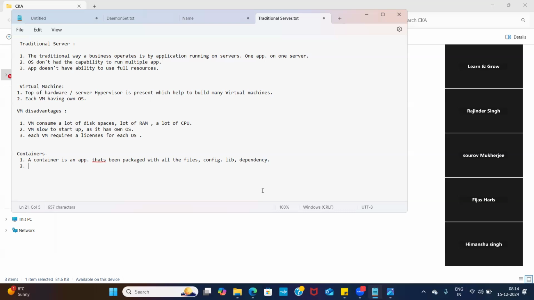Container is lightweight, you know. Why? Could you please tell me? Anyone? Yes, the container is lightweight because it doesn't have